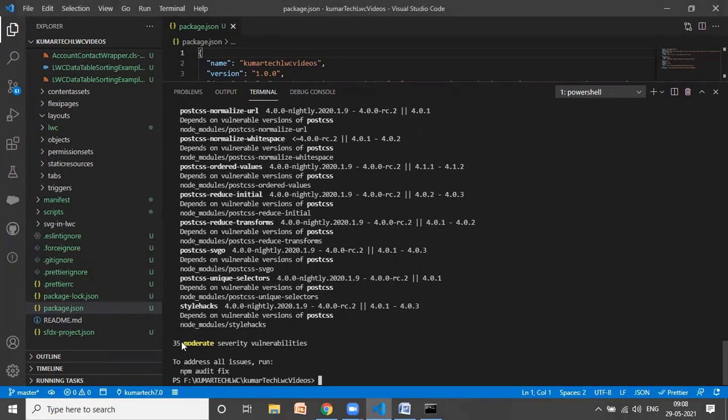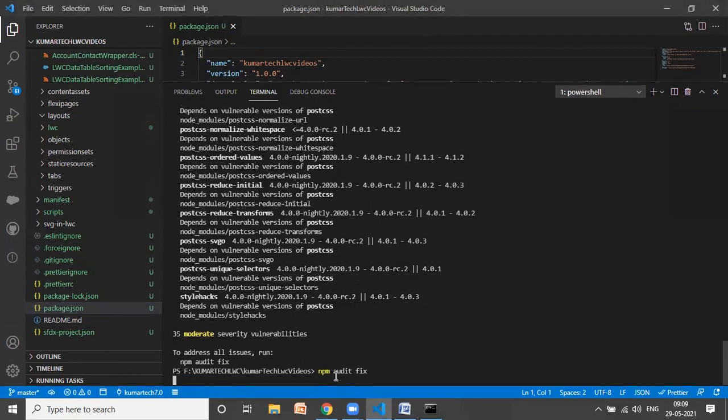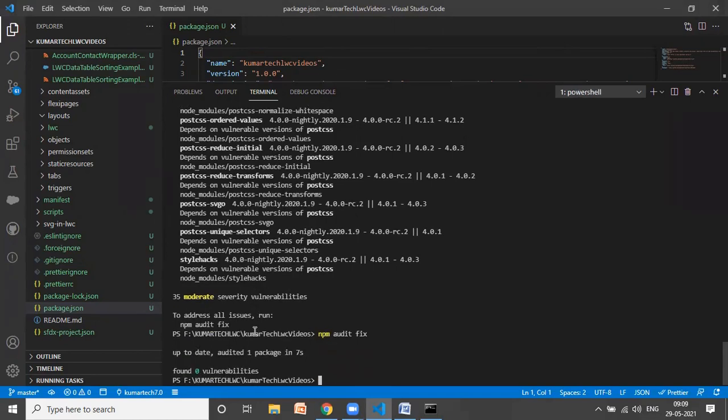Okay, 35 vulnerabilities means 35 bugs were there. Now they are saying run npm audit fix. Fine, I will do the same. Once I run this command, most of the vulnerabilities will get fixed, but some serious vulnerabilities may still be there. Okay, zero vulnerabilities. That's great.